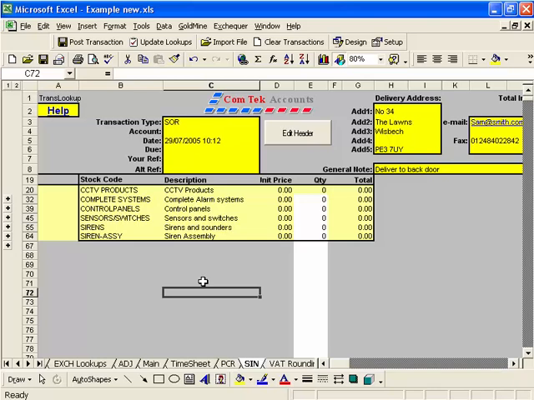In this video I'm going to use the professional version of PostTrans to create a simple sales order entry screen within Microsoft Excel. Here I am in my template, and you can see I've already designated the transaction type as an SOR. Of course I could hide this from the end user, and of course using the